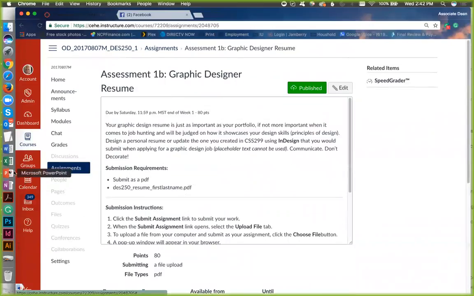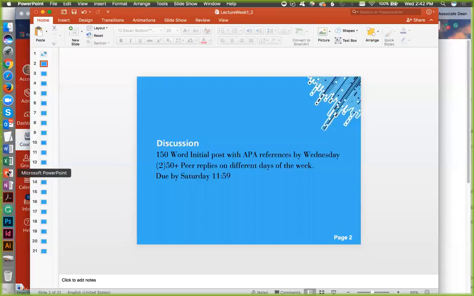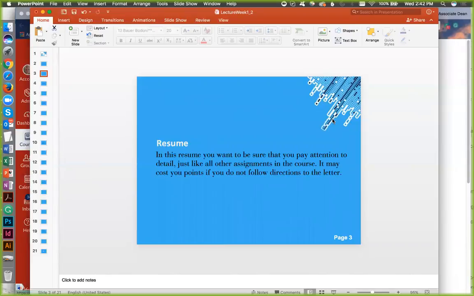All right, let's jump over here. So in the resume, you want to be sure that you're paying attention to detail. Just like any other of the assignments in this course, it will cost you points if you don't follow directions to the letter.